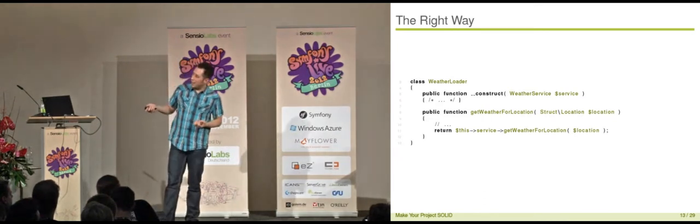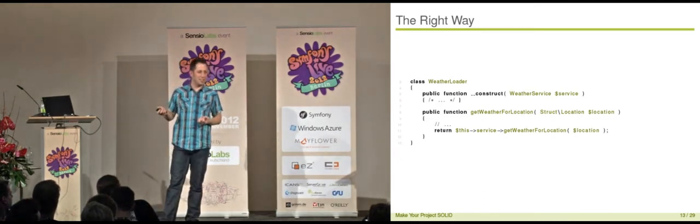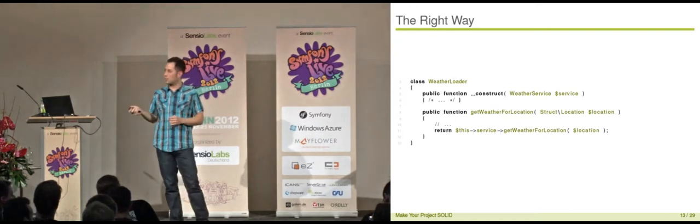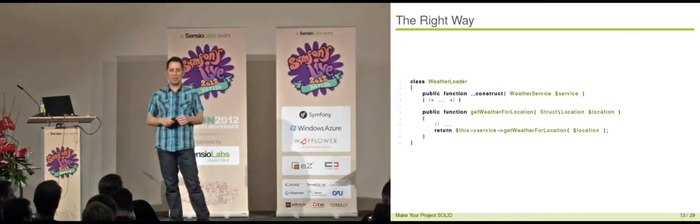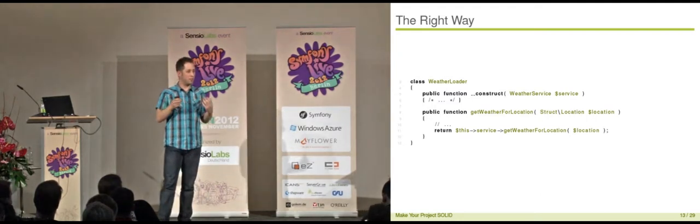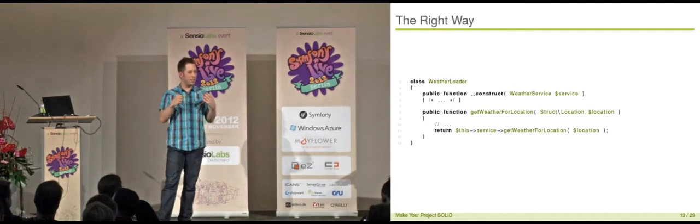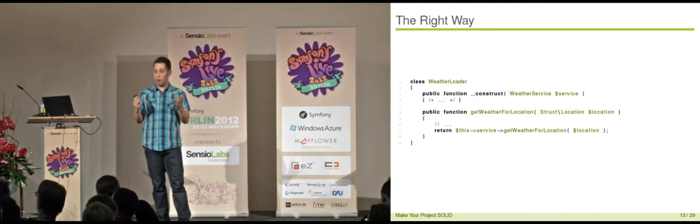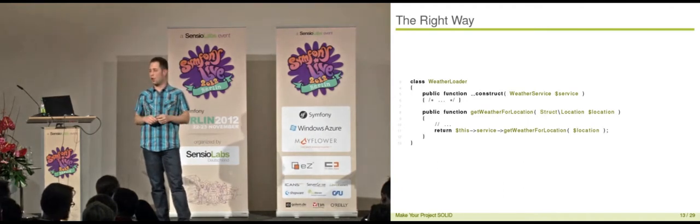So, if you want to extend this mechanism here, like to work with different weather services, the only thing you need to do is to look into your weather service interface and implement that interface against a new provider API. You don't need to touch existing code. You create a completely new class which you can test dedicatedly, and you don't need to touch existing code and possibly destroy it, have the risk to destroy that code.